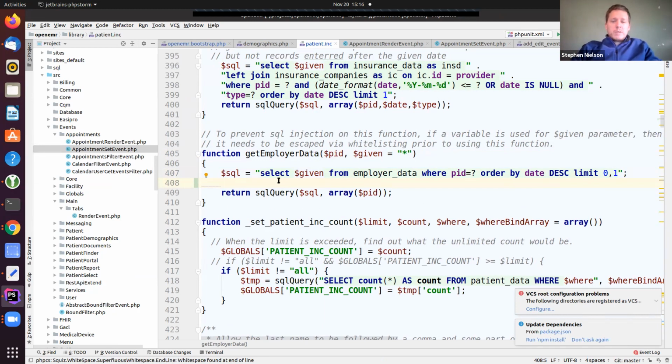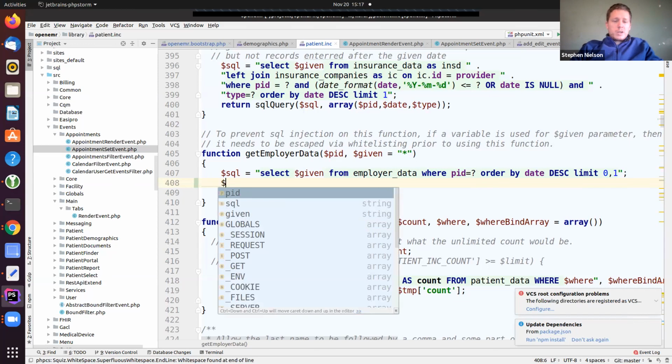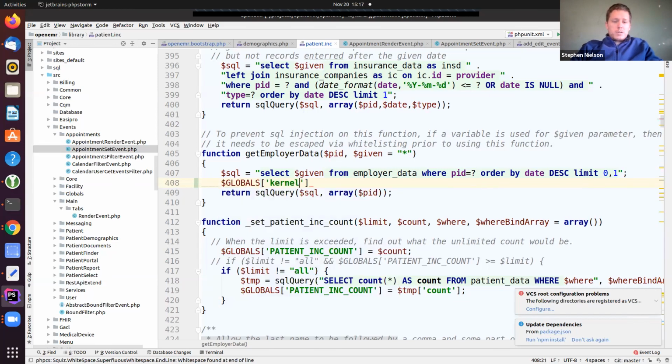If I wanted it to be an event, there's a couple things that I can do. So one is first just wire things up so that I understand what I'm getting and what I'm doing. I'm going to grab the event dispatcher, which is in globals, kernel, get event dispatcher, and I'm going to have it dispatch an event.